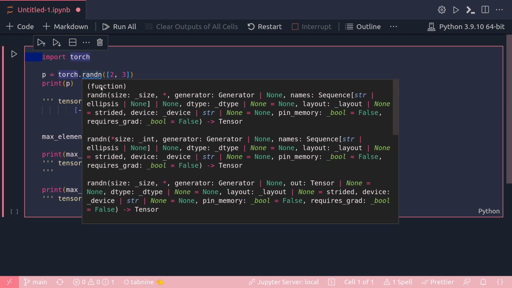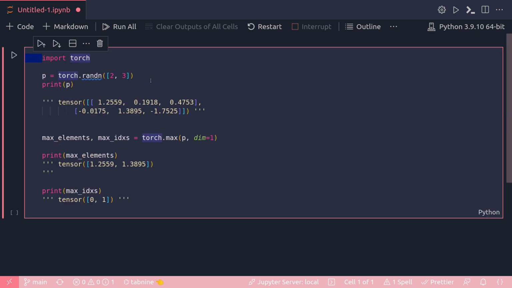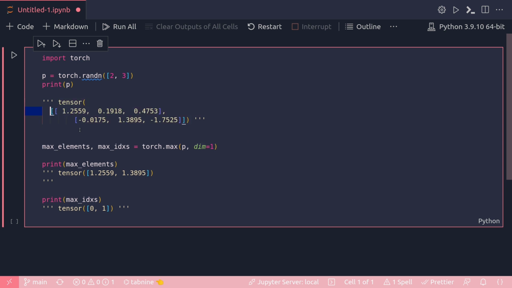And what this will do is it will take a size and generator. Anyway, that's not important. So basically this will create a random matrix of size 2 by 3, so this tensor is created, and this is a two-dimensional tensor. I have 2 rows and 3 columns, and then I need to get the maximum from each